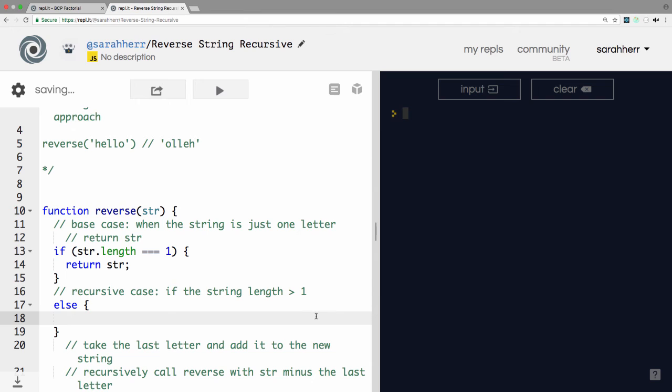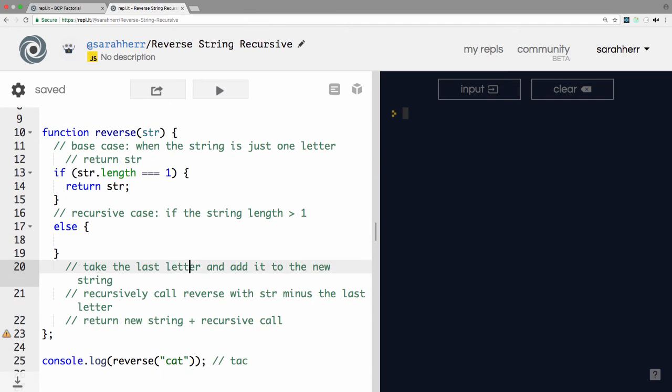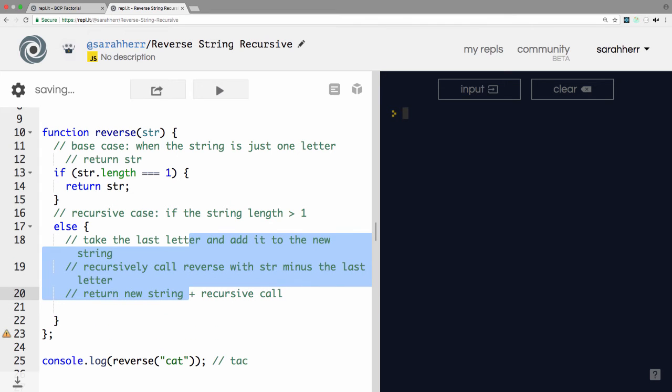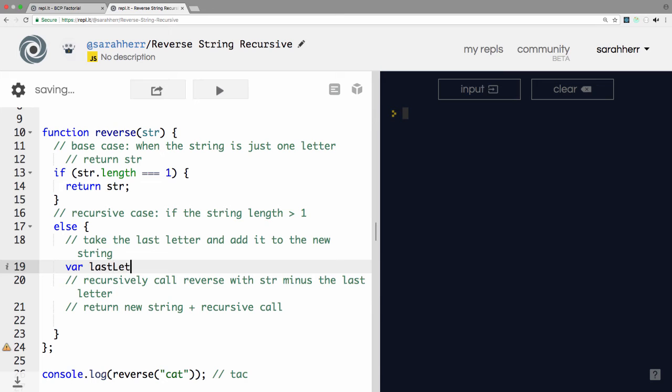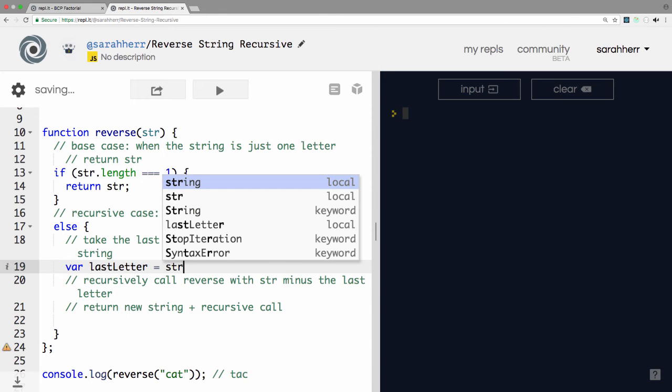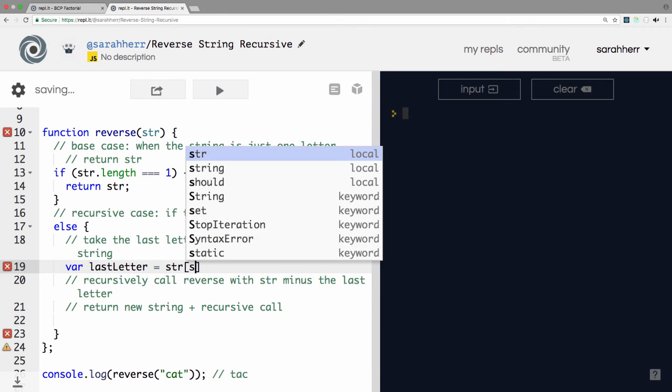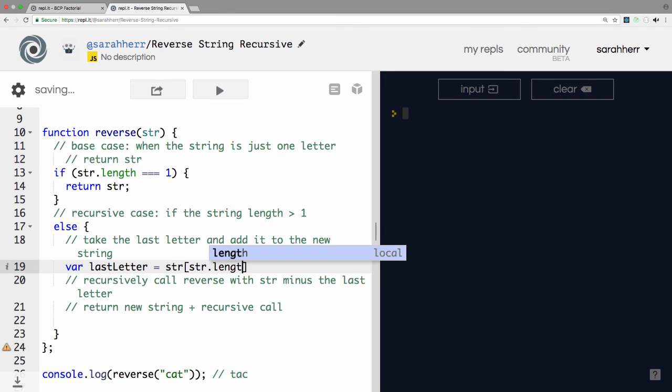Else, let's take the last one. So last letter, and that's going to be string[string.length - 1]. Remember, brackets work for strings as well. So this will grab the last letter because that's the last index. So we have the last letter. Then